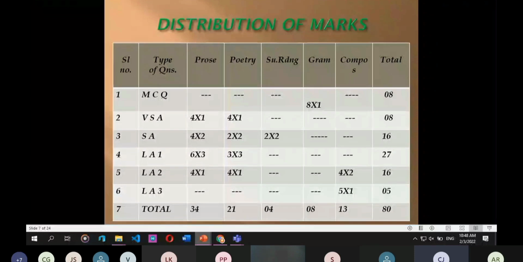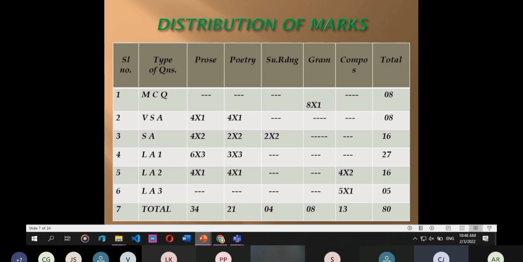Then total 16 marks. Then coming to long answer 1, 6 questions from prose, each 3. Poetry 3 questions, each 3. Totally 27. Then second long answer, 4 marks: 1 question from prose, 1 question from poetry,